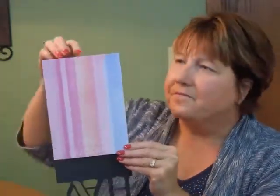I'm Jeannie, and this is the Color Stripes Bat Mitzvah invitation from Carlson Craft. This dramatic invitation is placed inside a black shimmer wrap that has been laser die cut to display the words Bat Mitzvah on the front. Vertical pastel colored stripes show through, and the name of the Bat Mitzvah will print in jumbo letters on the front of the folder. Inside, your wording details will appear, and we've added an optional full page of Hebrew wording